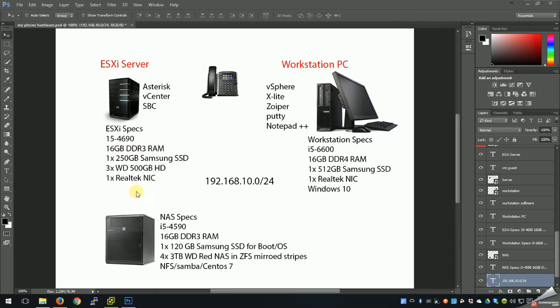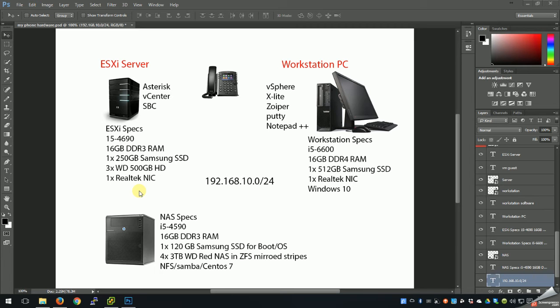I also put down here my NAS for the simple reason that the ES6i server has the ability to do an NFS share along with iSCSI and stuff like that, but I don't have any of that in place. But I do have an NFS and Samba on pfSense 7 on the NAS, and so I'm able to attach to that via NFS, and then I can use my ZFS pool. I think I misspelled mirrored there. Sorry about that. I can use my ZFS pool to store guest images on as well,